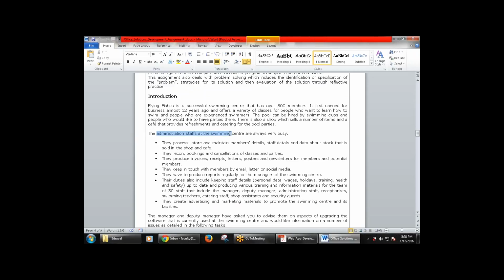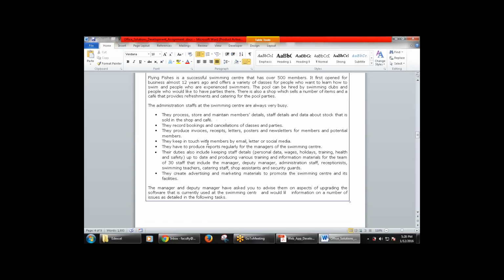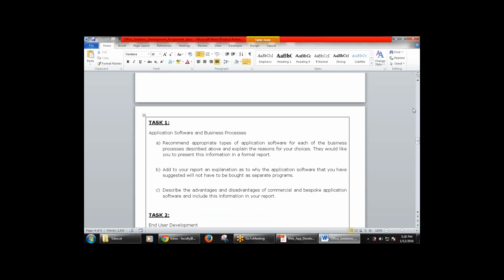The admin staff at the swimming center are very busy, so they process and store the data used with this. Now there are various tasks involved: application processes and business processes, that is, application software and the business processes. Recommend an appropriate type of application software for each of the business processes that you described